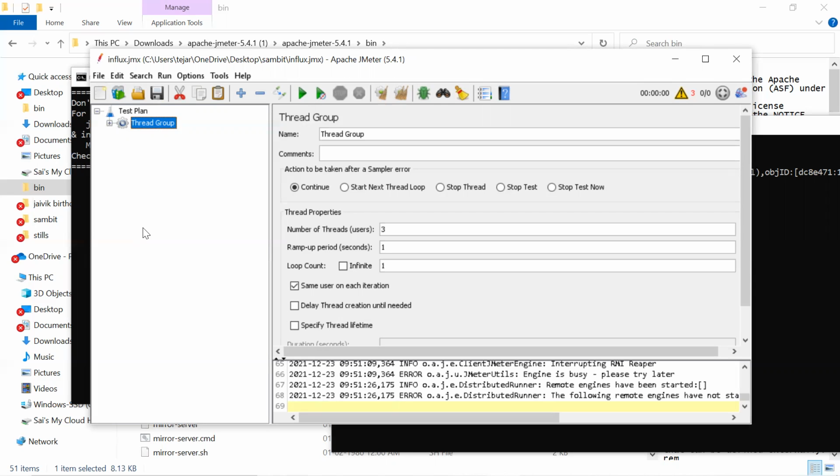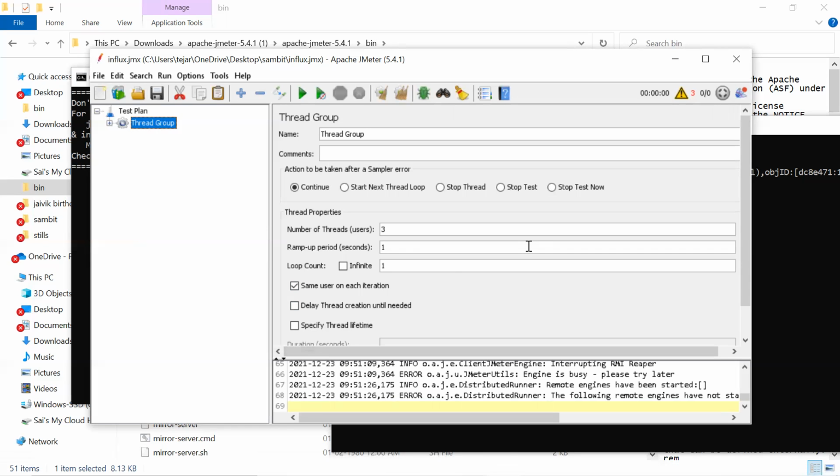Otherwise we have to debug all the errors, which is hectic. So that's the master-slave setup.